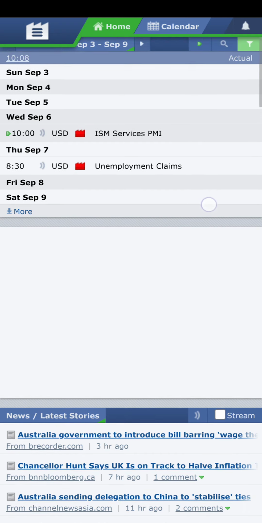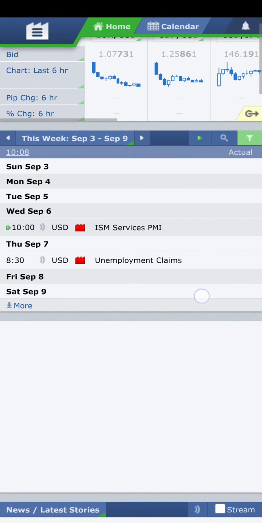So we see here on Wednesday we have red folder news as well as Thursday. All right. So it's very possible Wednesday's red folder news could push us up into those daily and weekly draws on liquidity. And then Thursday could go ahead and push us down based off of the fact that we did get a market structure shift on the weekly as well as the daily.